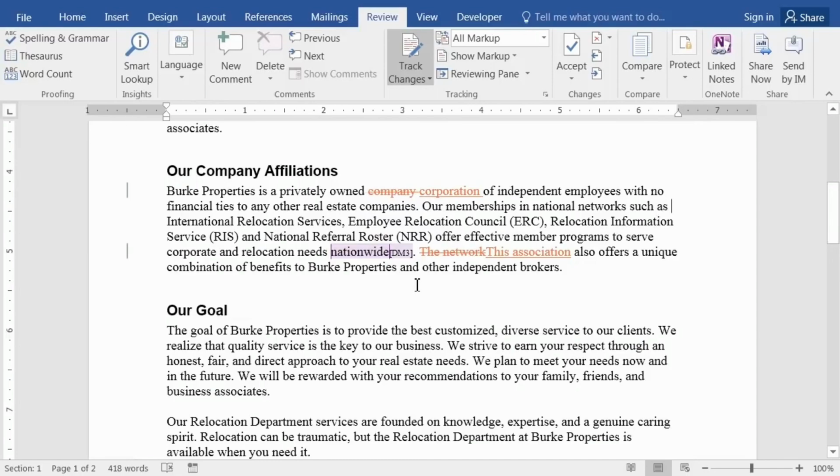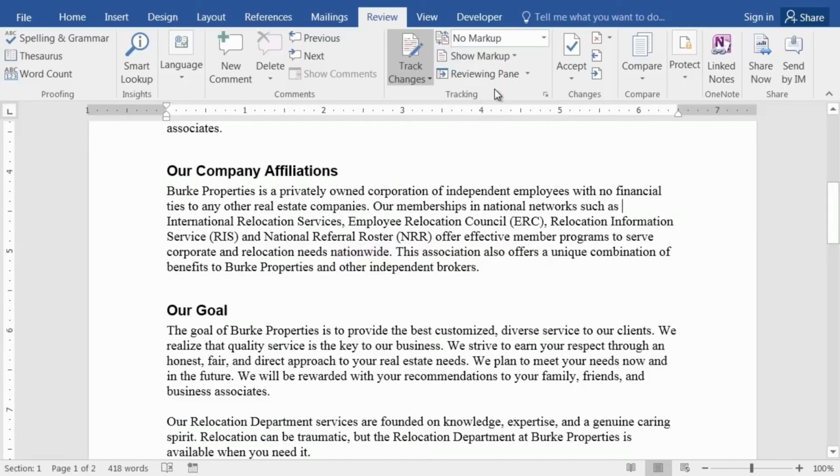We've made decisions about the comments, whether we agree with them or not agree with them, and so forth. And then we send this thing out to the client. I'm afraid I've heard this story about 5 or 6 times now from my various students. There's a couple of choices up here. One of them says no markup. So right now, notice it used to say the network, now it's ready to say this association. If I switch over here to no markup, then I can see the change. I can't see the original anymore, and I can't see any notification that any track changes have happened. No little red